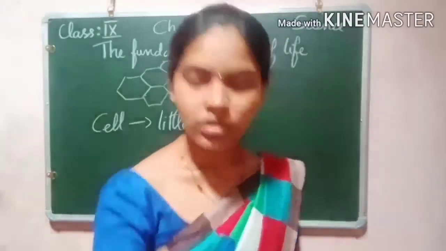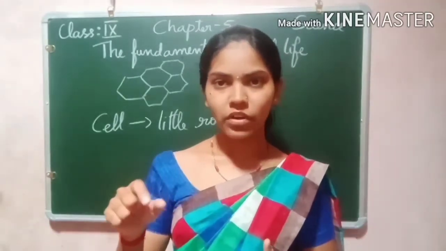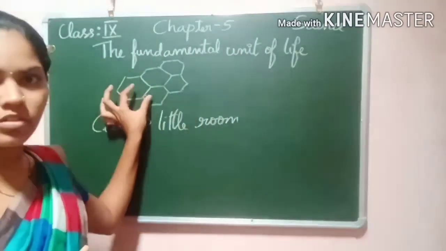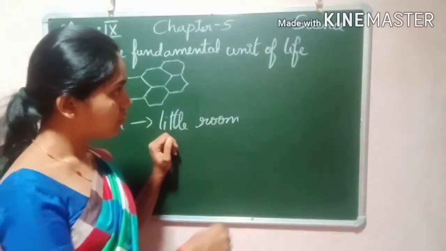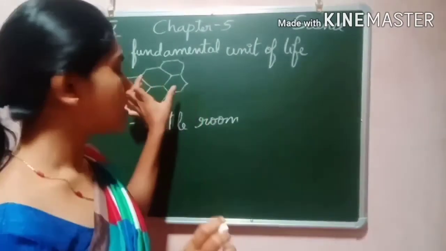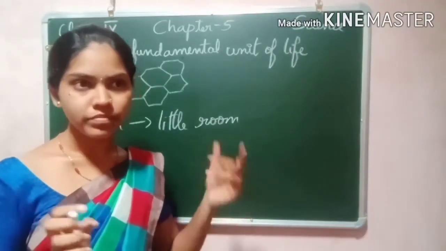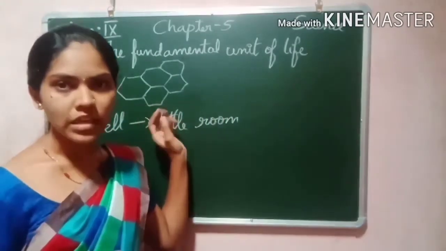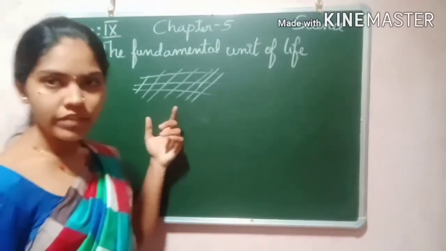When you take a piece of onion and see it under the microscope, you can see these shapes, these structures. If you take any type of onion bulb, the structure is similar in all the onion bulbs. There is no difference in the structure. So this is known as the cell. This is the basic fundamental unit of any living organism, and it is similar in all living organisms.